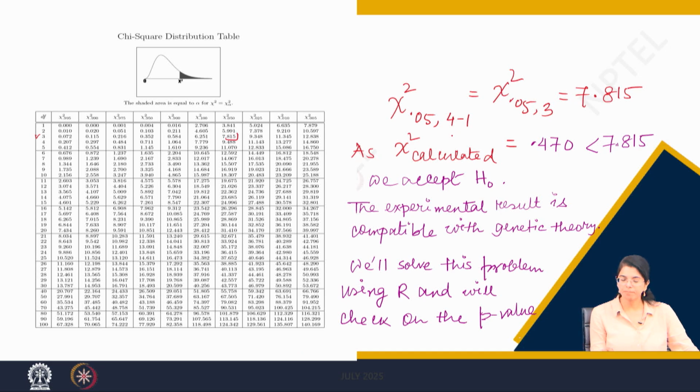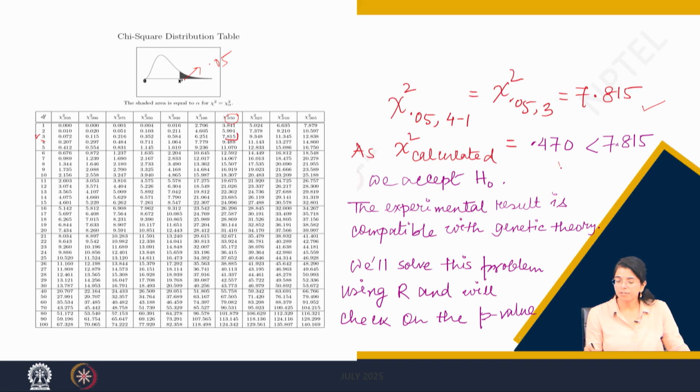What will be the degrees of freedom? Once you have 4 categories, the degrees of freedom will be 1 less. So 4 minus 1, 3. So the chi-square tabular value, this is the chi-square table, and you are aware how to look at the chi-square table. Here you will see that the degrees of freedom is 3, and we are looking for alpha equal to 5%. So 0.050. Alpha is always from the right hand side. So look at this dark portion. This is 0.05, and what you can see, the tabular value is 7.815. So this is your tabular value.